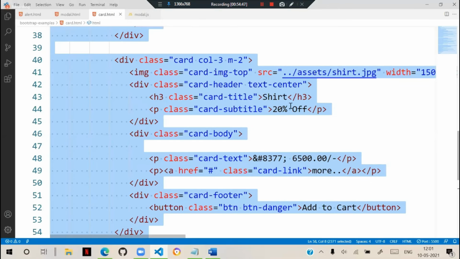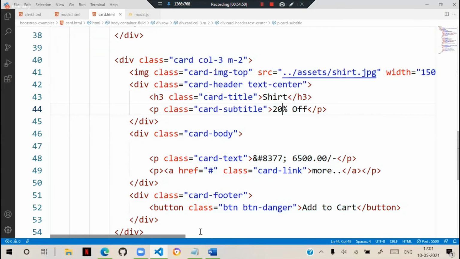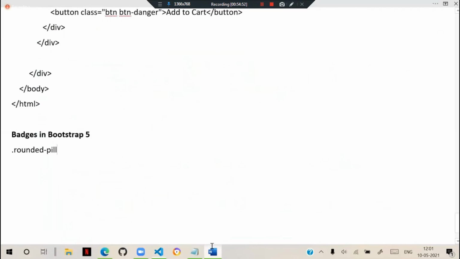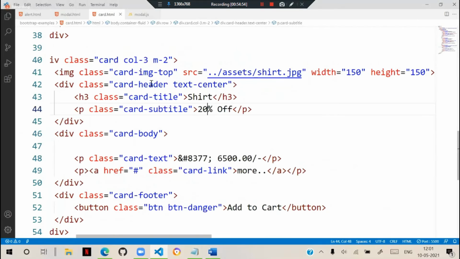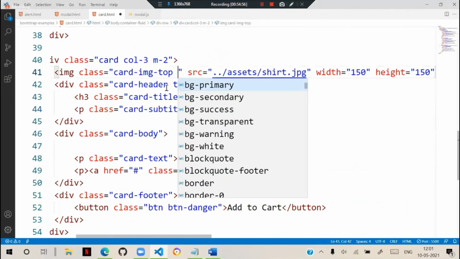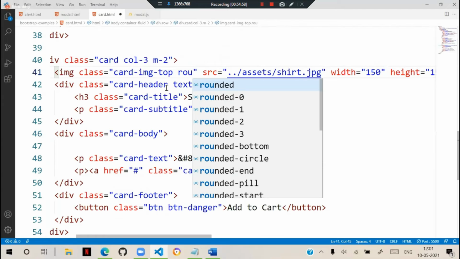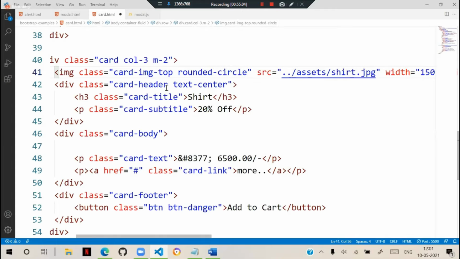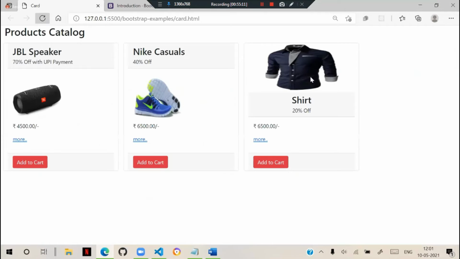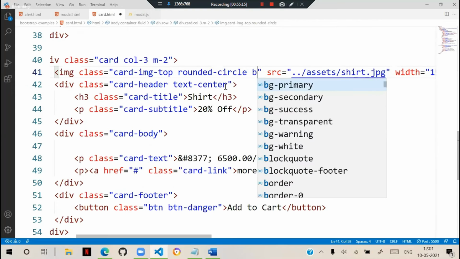Actually, when you are dealing with images also, you have a class rounded. Suppose I am giving rounded with some points here, rounded-circle I am giving. You can give points or circle. Rounded-circle has to give that appearance as a round, and that rounded circle requires actually a border.